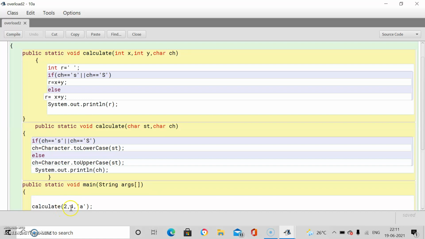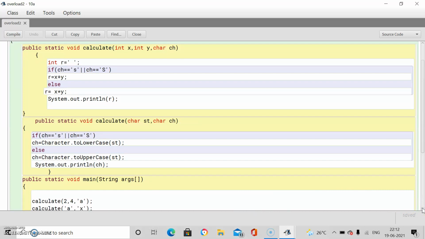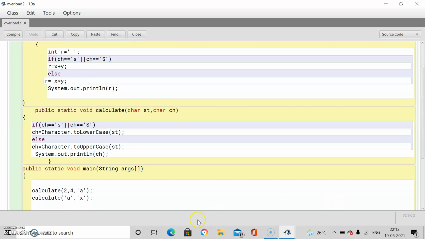Okay, in this I have passed the values directly. There is no compulsion that you have to take the values from the user, you can pass them directly also. Then I have passed the character directly. Fine. So this is just to explain how function overloading works. In your program, you can make these changes. You can take the values of character and integers from the user also. So this will get invoked.